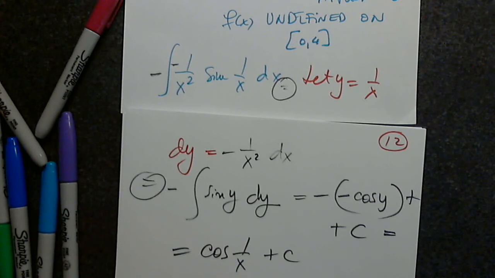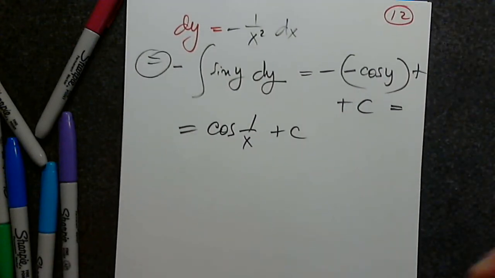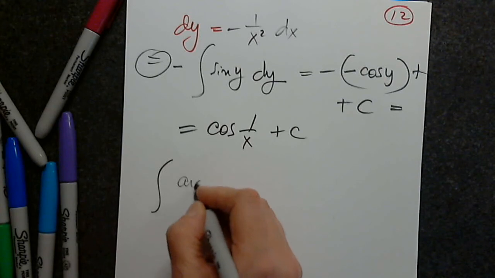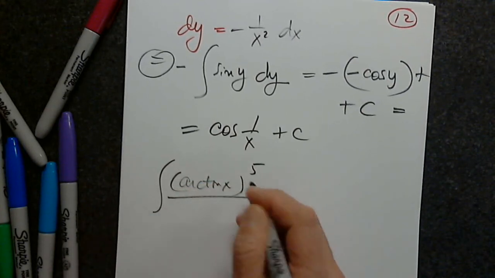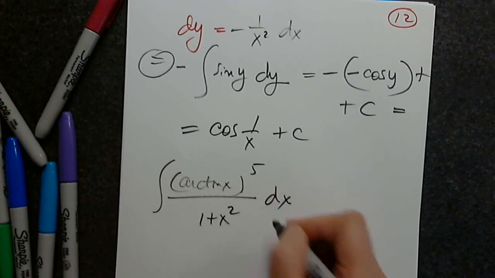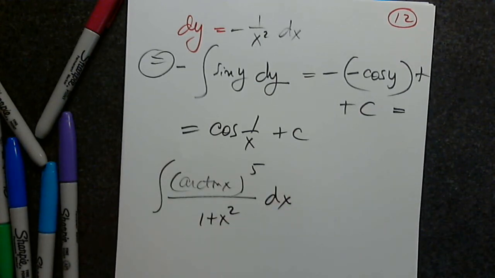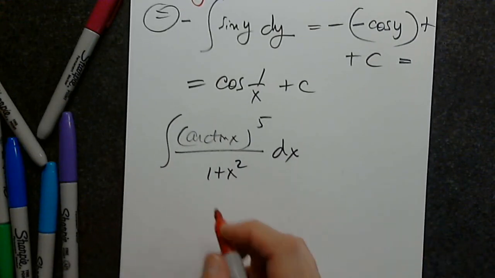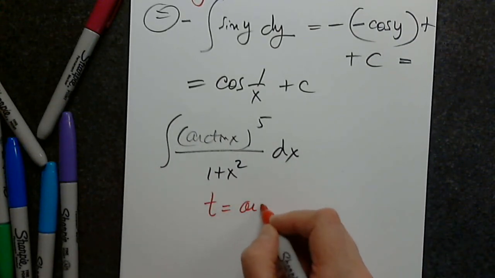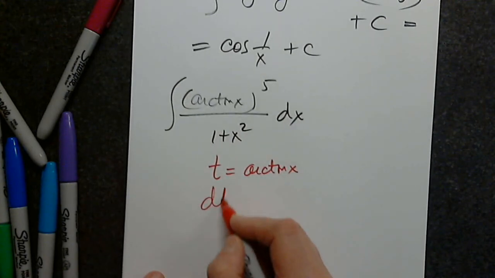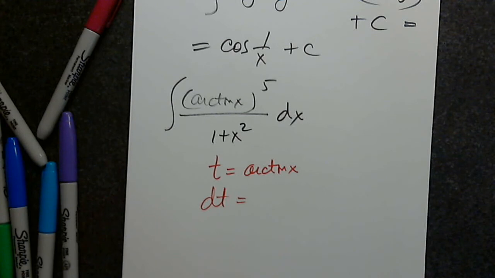C. Very good. We have the integral of arctangent to the 5th power, everything divided by 1 plus x squared dx. So what do you think? It would be arctangent, yes, of course. It's arctangent inside power 5. So let's say let t be arctangent x, only if dt is easily makeable. Because if you need to make up an x or a t or a 5t cubed, it's not going to work. So what do we have?